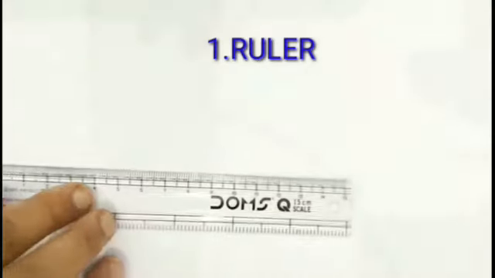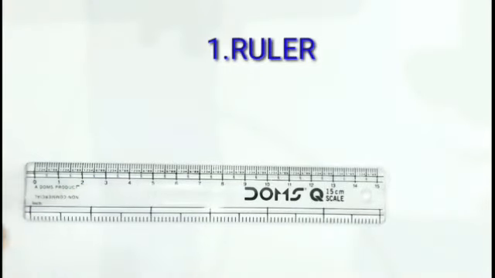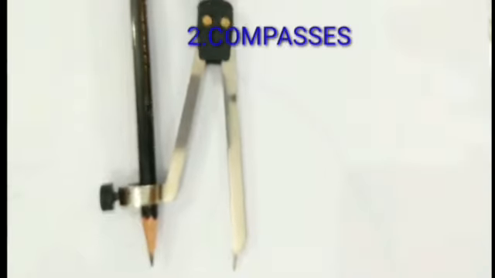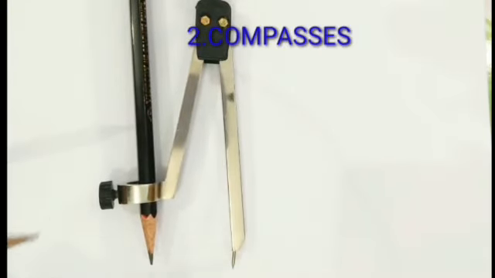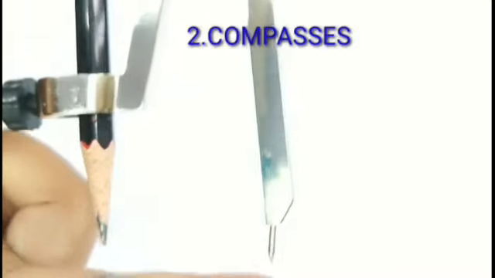Before we proceed to the construction work, let me introduce the tools required for the construction work. Number 1, ruler. The purpose of a ruler is to draw a line segment, or measure a line segment, a ray or a line. The next one is compass. The purpose of a compass is to draw a circle of a particular radius, or to draw arcs or angles. The most important part of the compass is these tips. While setting the pencil, these two tips should be parallel.